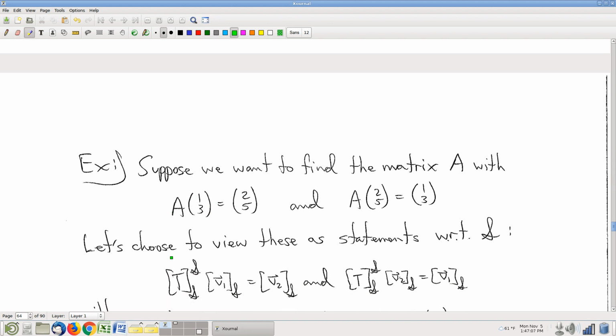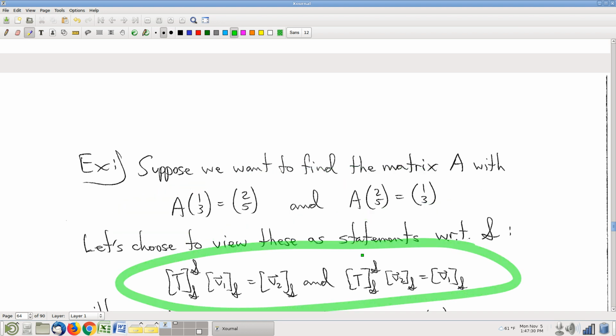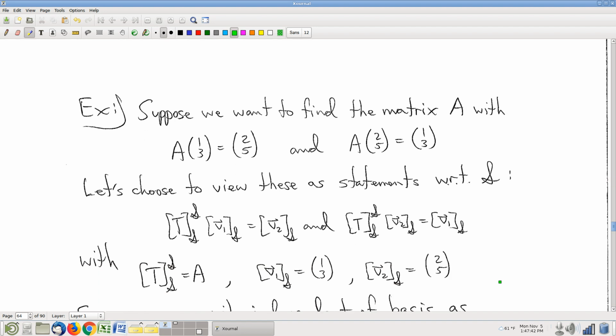Okay, so A represents some transformation. 1, 3, that's the coordinates with respect to the standard basis of a vector. Let me just give it a name, just to avoid calling it 1, 3. Let me call it V1, etc. All of this is standard basis language, and now we can give coordinate-free names to the matrix and vectors participating in these equations like this. Okay. All right, so now then coordinate-free,